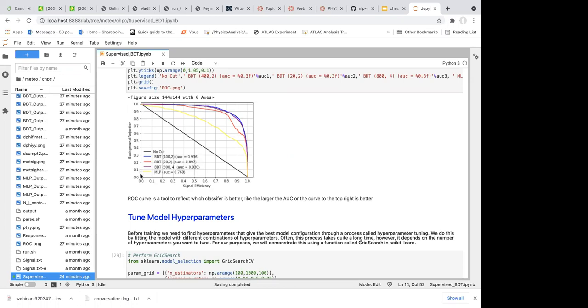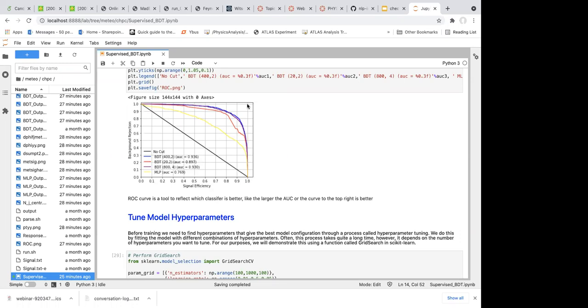So of course, the ideal case that you hope for is at the top right point, you keep 100% of the signal, you label 100% of your signal, and at the same time, you reject 100% of your background. This point would be the most ideal point that you hope your classifier can reach.